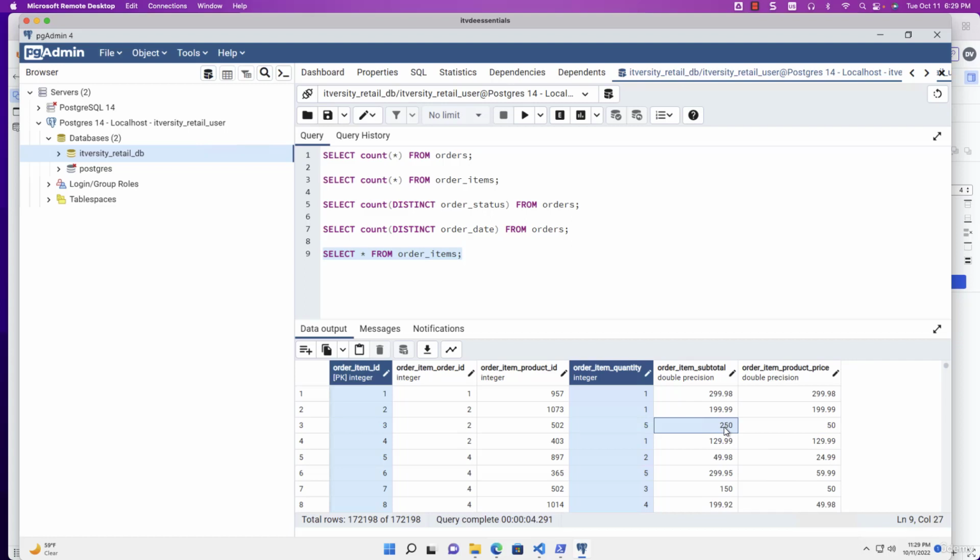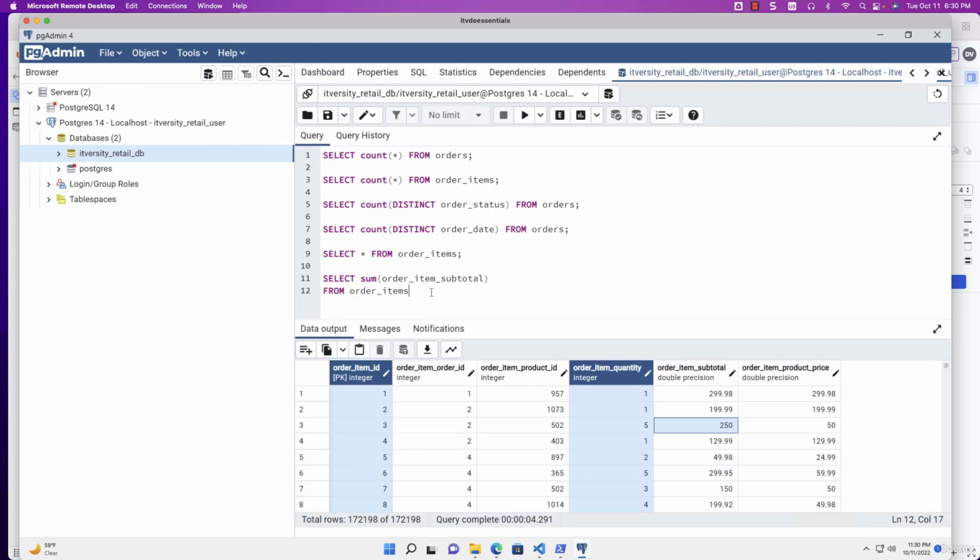As we have reviewed data related to order items, now let's define the problem statement and come up with the solution. In this case, I would like to get the revenue for a given order ID. The given order IDs are from order item order ID field. Let's assume we wanted to get revenue for order ID 2. In that scenario, we just have to say select sum of order underscore item underscore subtotal, then from order underscore items. As we are looking for revenue for order item order ID 2, we have to use where